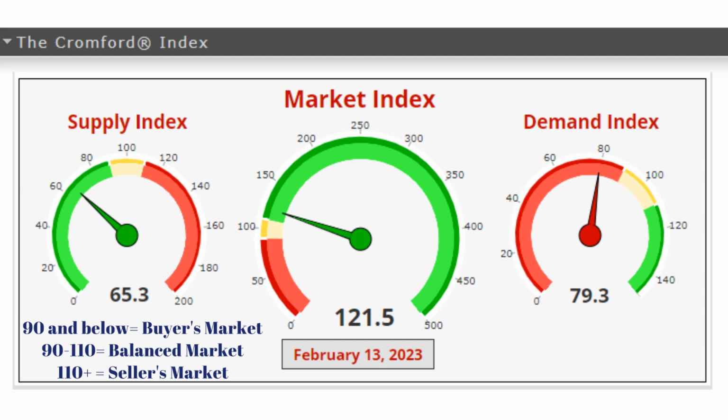Now keep in mind, this seller's market is nothing like we've seen in the last 2 years. In 2022, our seller's market had an index in the 400s, 420s to 450s. We aren't even close to that. That just means the demand is higher than the supply we have. It just means you will see less pressure on price reductions, and in some hot areas, sellers may not even